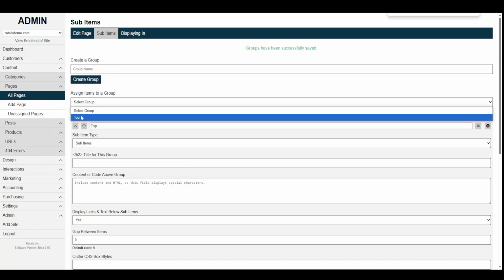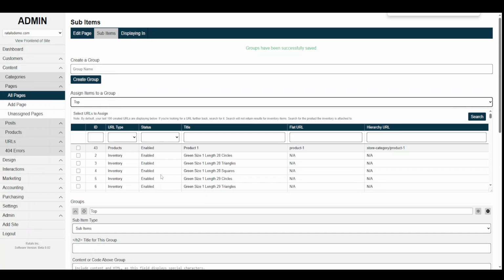And so what we're going to do is select our top here, and it's going to open this up, and this is going to show us our last 100 URLs. And if we create a product with 3,000 inventory items in it, this is going to become a very large list, because this is the product for one URL, and then it has 3,000 inventory items on it. So this one product and the 3,000 inventory items attached to it would be considered one URL. So this could become really a big list if you create a lot of products this size,